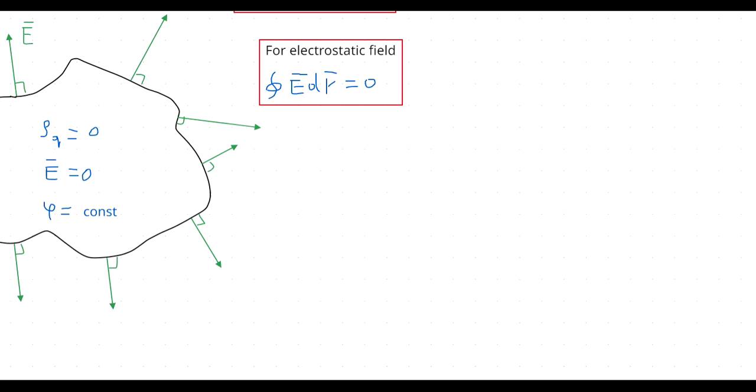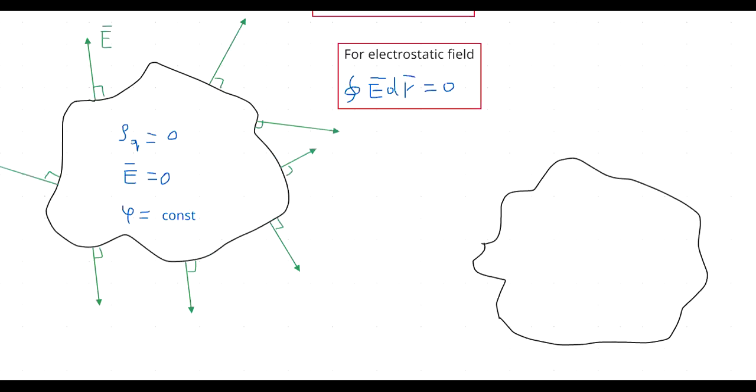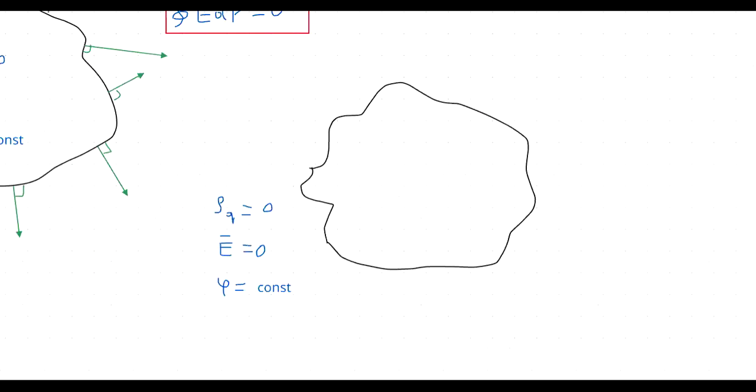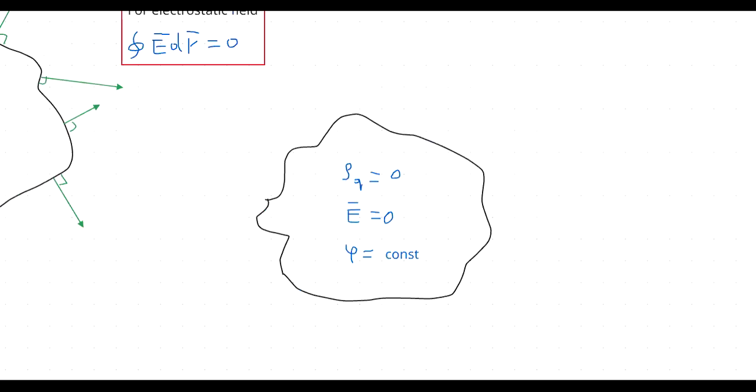In this situation, we'll also have these properties, but if we have an external electrostatic field that is produced by some factors, so if we have such a field, for example,